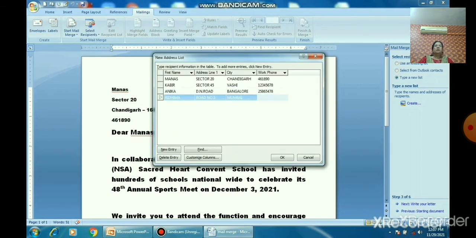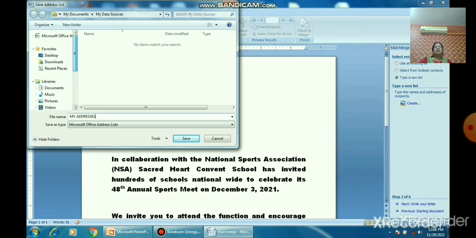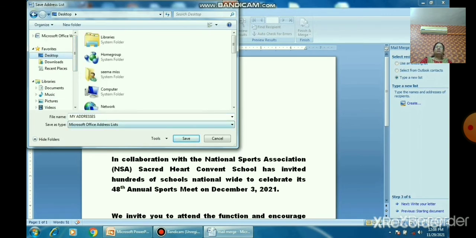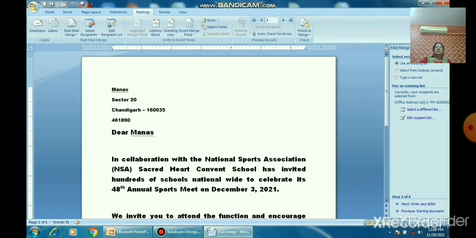Right, children. So we have completed 4 recipient addresses, in which we have written name, address, city and pin. And save your file. As soon as you click OK, you can see the dialog box where you have to save your file. That means we have completed the data source and also the main document. The main document is where we have written the letter, and the data source is the recipient addresses. The file where you have written the addresses is known as the data source file.